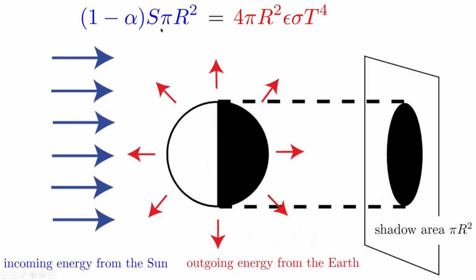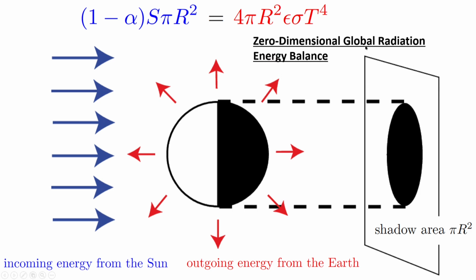So this is the zero-dimensional global energy balance, or the radiation balance. This is the basic equation that we study whenever we start any climate science or a climate modeling course. This is the most basic equation, which shows the incoming solar energy. This part is the incoming solar energy, and this is the outgoing long wave energy, all in the form of